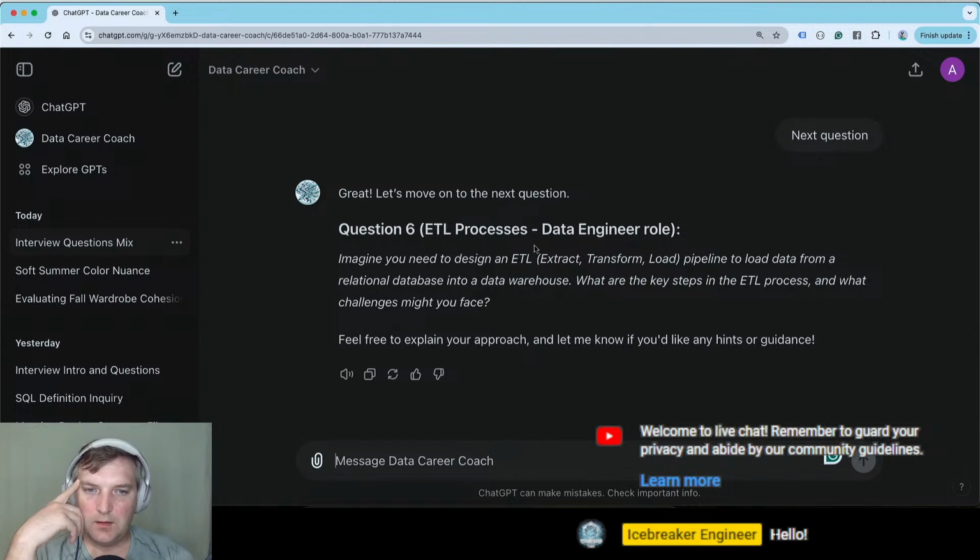Okay, so imagine you need to design an ETL pipeline to load data from a relational database into a data warehouse. What are the key steps in the ETL process, and what challenges might you face?